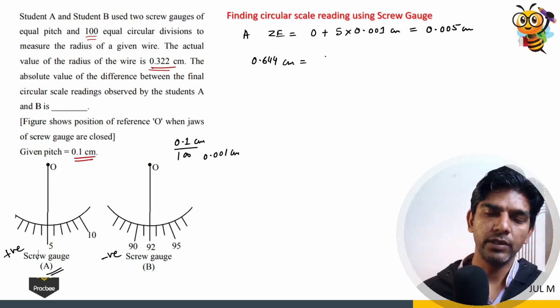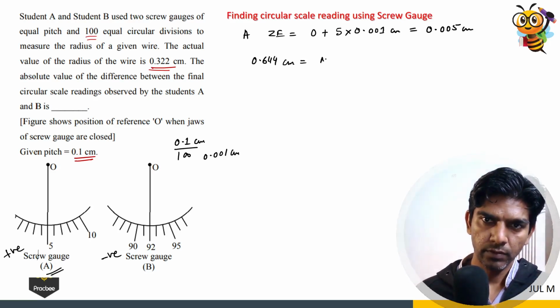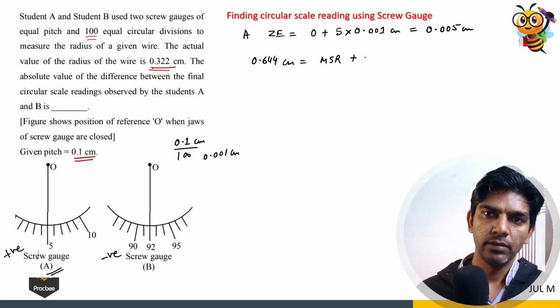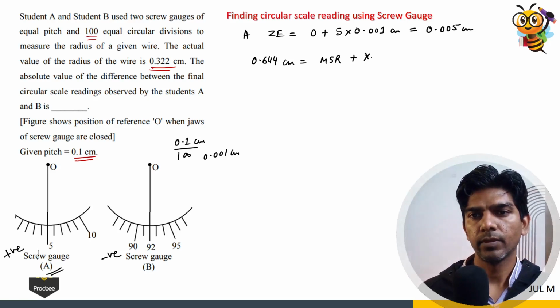So 0.644 centimeter will be equal to main scale reading plus, let us say x divisions of A coinciding with the reference line times the least count. Least count will be 0.001 centimeter, minus zero error, which is 0.005